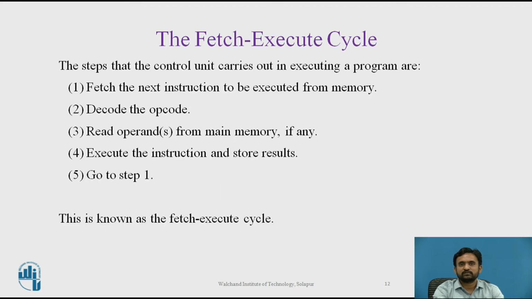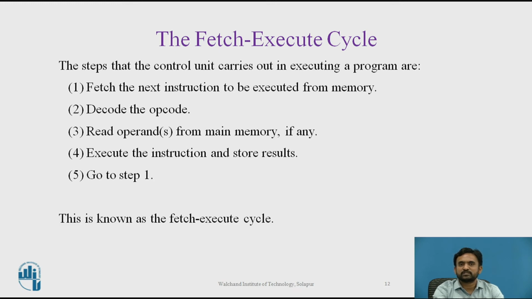Before this, we will complete the fetch-execute cycle. There are two registers that form the interface between the control unit and the data unit, known as the program counter and the instruction register, PC and IR. The PC contains the address of the instruction being executed, and the instruction that is pointed to by the PC is fetched from memory and stored in the instruction register, where it is interpreted.